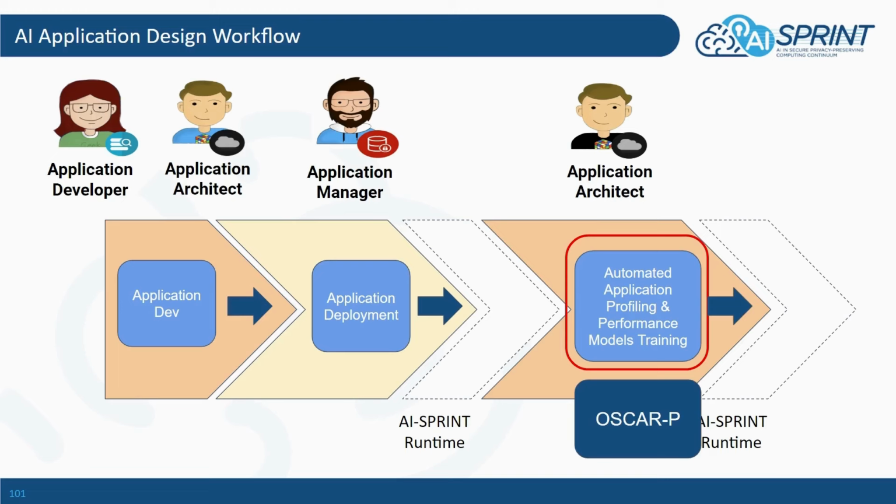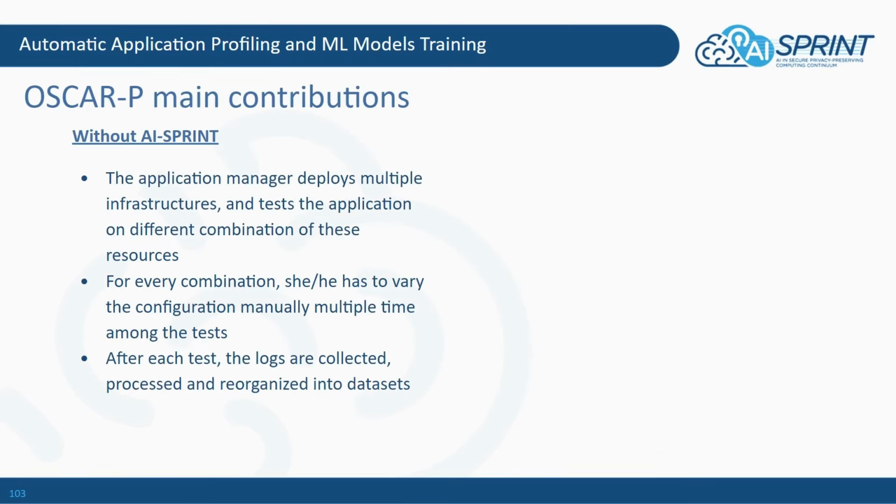Doing this is particularly important for the edge devices, which are in a sense the weaker link of the applications. They have limited performance, they also cannot scale that well as opposed to the cloud, and are in general the bottleneck of the application. Doing this without AI Sprint means that the application manager has to deploy multiple infrastructures, test